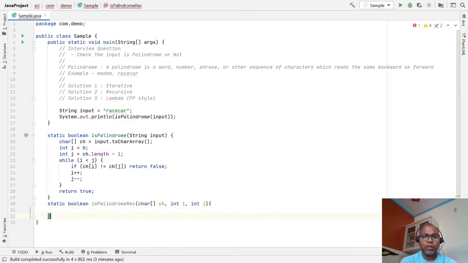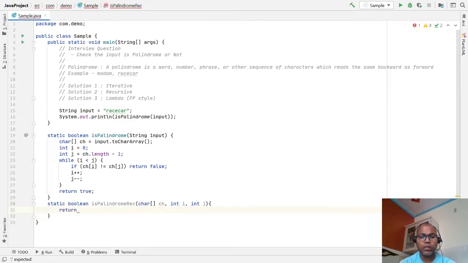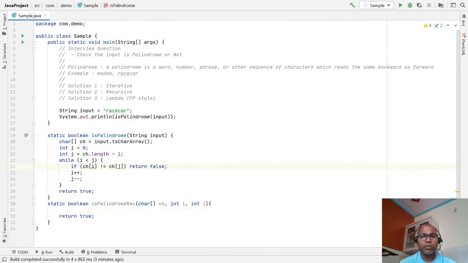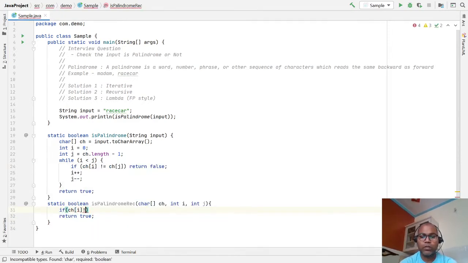Here we check if the character at the first position does not match the character at the last position, then return false.